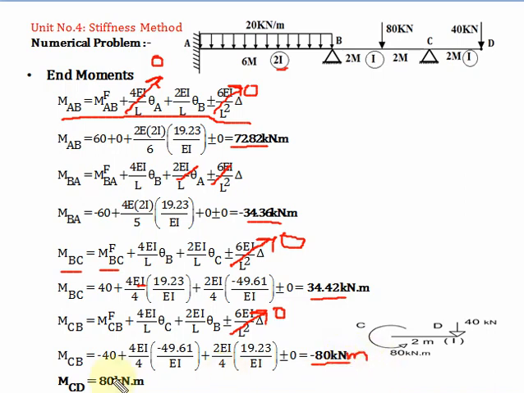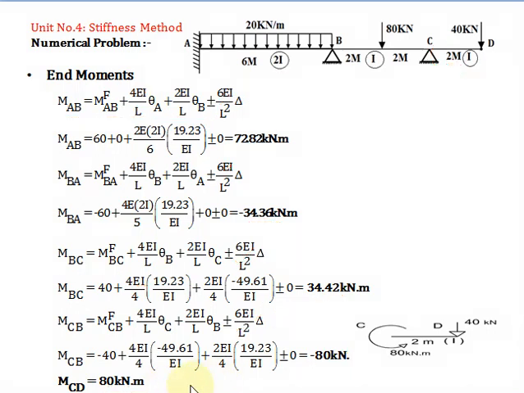Now the fixed moment in member CD, what will it be? Force multiplied by distance. So 40 into 2, it will be 80. This force will act like this, so the fixed moment will be in this way. It will be in the anti-clockwise direction, so it is plus. So plus 40 into 2, that is 80 kilonewton meter. So these were the fixed moments. After calculating the fixed moments, we have to calculate the